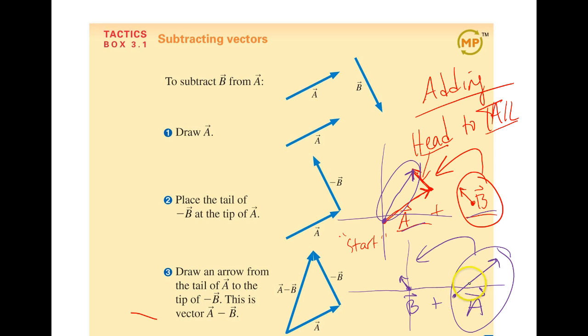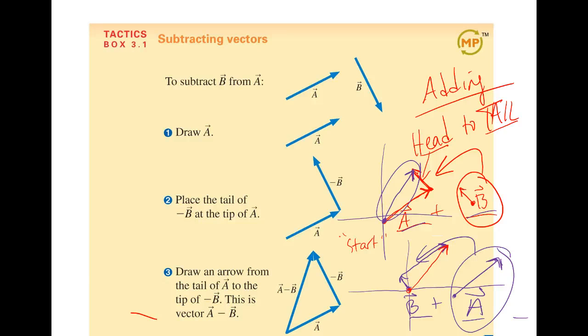I'm not changing direction, I'm just picking it up and placing it so that the last thing that I draw is the arrow of the last thing in the list as you add first, second, third, fourth, etc. So B plus A would look like this diagram, and I'll use my colors because I can. Start at the start of B and end at the end of A. Okay,